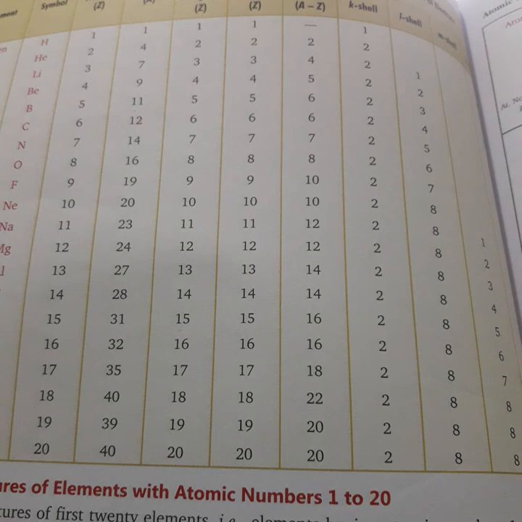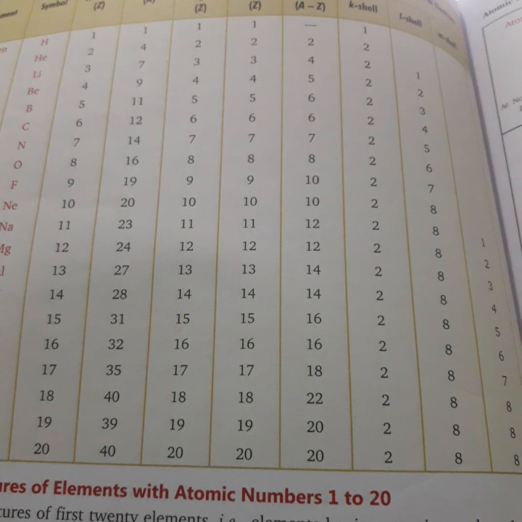Carbon is a non-metal. Okay, so if there are 1, 2 and 3 valence electrons, elements will be known as metals. 1 or 2 exceptional cases are there, like hydrogen has 1 valence electron, it is a non-metal. Boron is a metalloid, it is a non-metal and shows certain properties of metals also. It has 3 valence electrons. So certain exceptional cases you will learn, otherwise this is the normal way to find out. If there are 1, 2 or 3 valence electrons, they will be considered as metals, except hydrogen, helium, boron. Certain exceptional cases you learn.